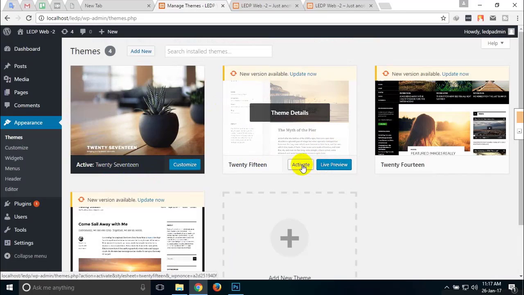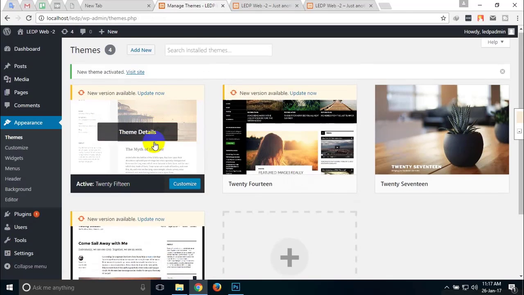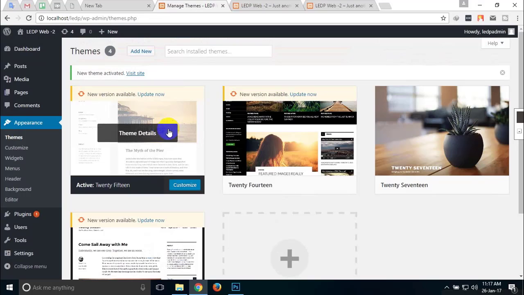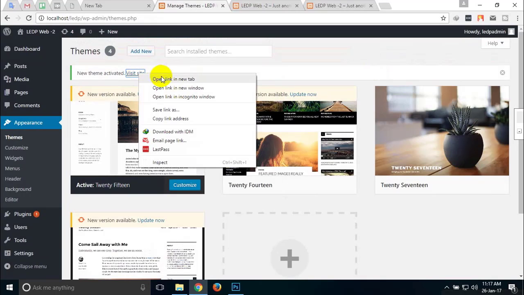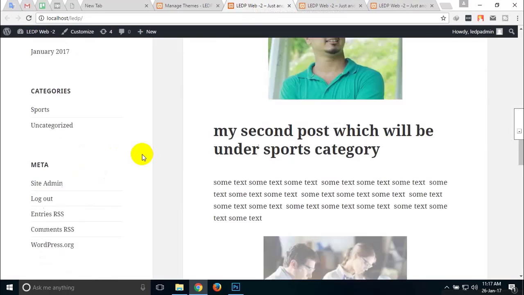I can just press the activate button to activate other themes. I'm just going to activate the 2015 theme, and it's now activated, and I'm just going to show the front page of that site, so that you can see that the theme is now changed,